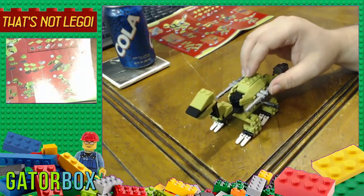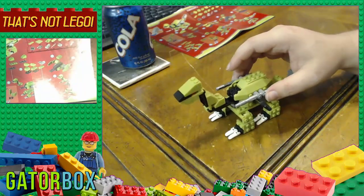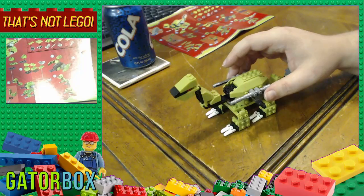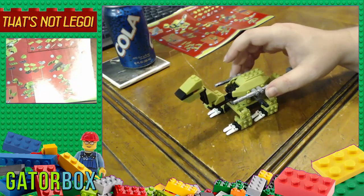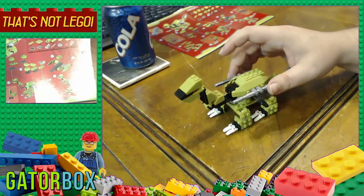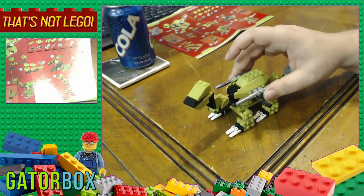It looks like a dinosaur. It does. I don't know why there's laser cannons on the side of the dinosaur. I feel like those were added at the end after they made this together. They're like, okay, we need something to really take it to the next level. I know, laser guns. We can put lasers on the front of the box. And this is...